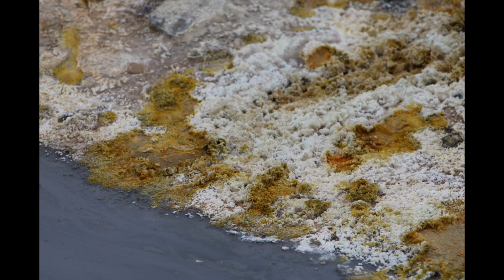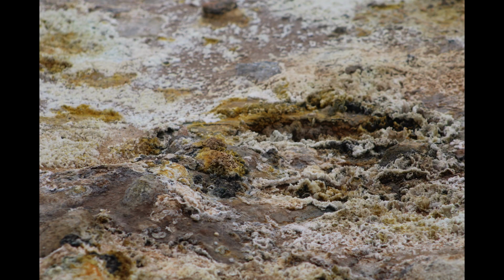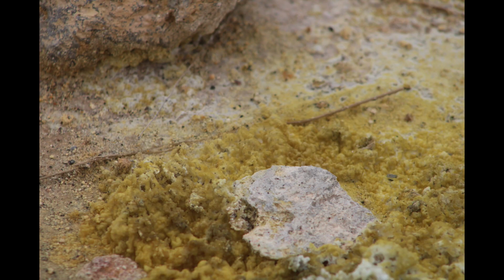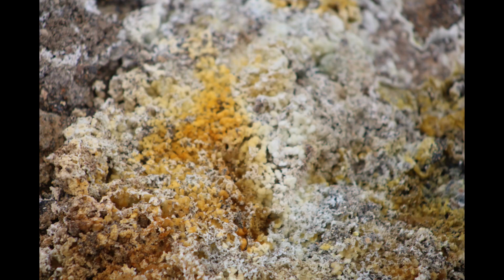Often we don't understand these microbes all that well. As you might imagine, it is hard to cultivate them in a laboratory if they prefer conditions like these. One other reason to be interested in them is that the early Earth probably had many of the same conditions